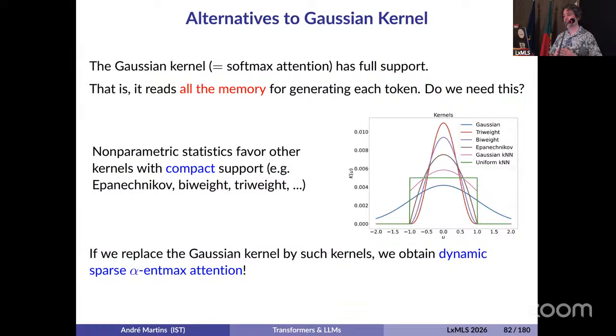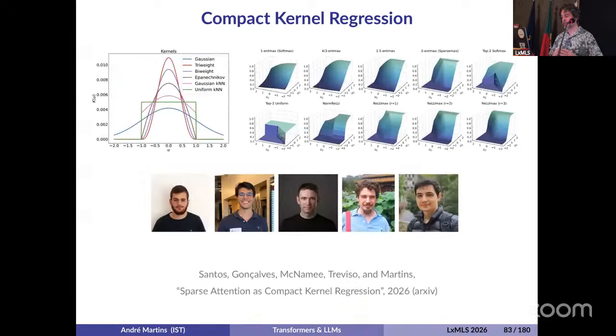Of course, you don't need to use a Gaussian kernel. You can use a different kernel. In fact, for those of you that are familiar with non-parametric statistics, statisticians like kernels with compact support because they have some nice properties. So instead of using a Gaussian kernel like this thing in blue, they like functions like this. And it turns out that if you replace the Gaussian kernel by these compact kernels, we can recover the sparse attention techniques that I talked about a few slides before. This is described in a paper that we have on arXiv with my student Saul, who might be seated somewhere, and my other student